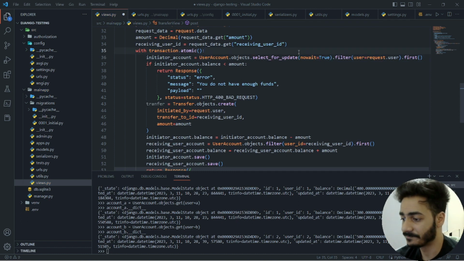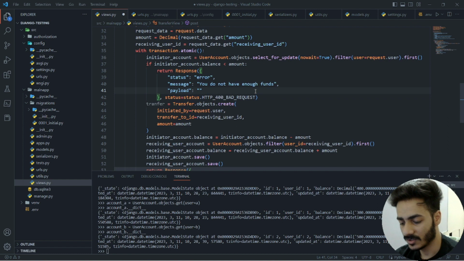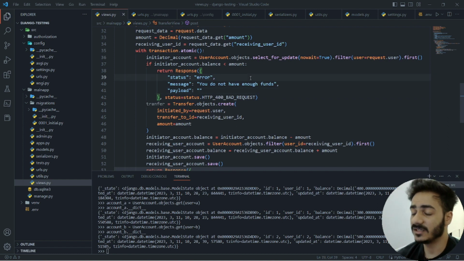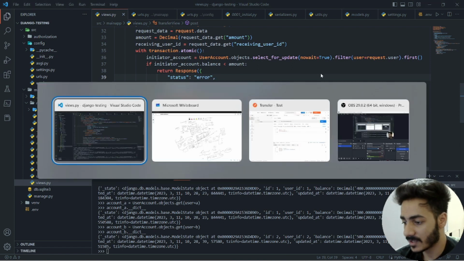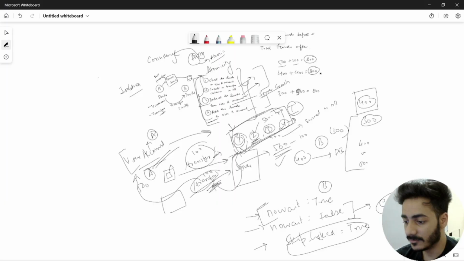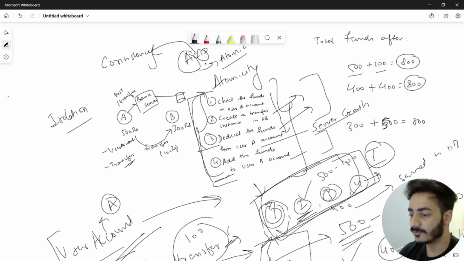Basically wait equals false. So it will not wait, it will give an immediate error that this row is locked, so we can't perform this operation right now. And you can catch that exception and give that in the response as well. So this is how you actually handle concurrency, and you have basically isolated this transaction completely so that no database inconsistency happens. So now we have also covered the third property of ACID, that is isolation, and the fourth property of ACID is durability,